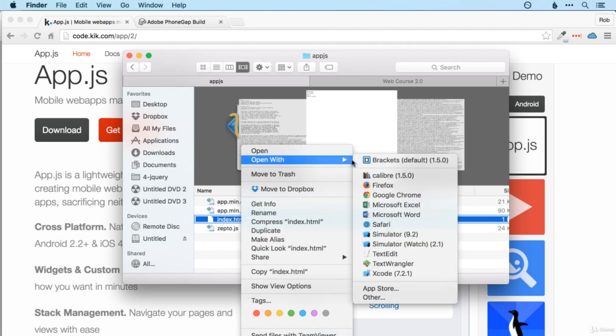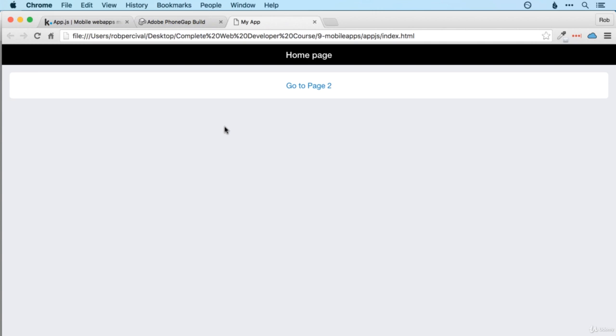So let's open up index.html in Chrome and see what it looks like. It's not a great deal to look at, but we've got our homepage bar at the top, and then we can click on page 2, which takes us to page 2, and very nicely that automatically gives us a back button at the top there to take us back to homepage. That's one of the many features of app.js which make it a huge time saver compared to coding your own